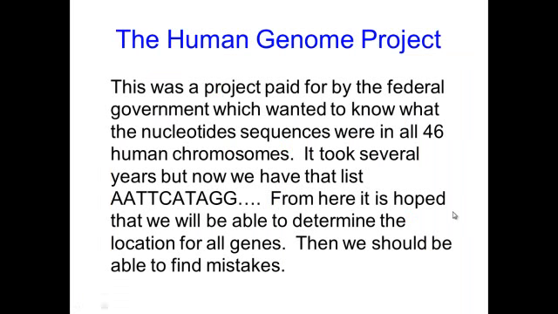More than 20 years ago now, scientists went through a project called the Human Genome Project. They wanted to find out what the actual sequence of letters were in a human chromosome and what all the genes were. But the first thing they had to find out is what the letters were. What is the nucleotide sequence? So they picked one person, and I don't know who that person was, but it'd be really cool to know. They picked one person's DNA, and then they had to figure out how to determine this order of ATT, CAT, AGG, that order for all 46 of their chromosomes.